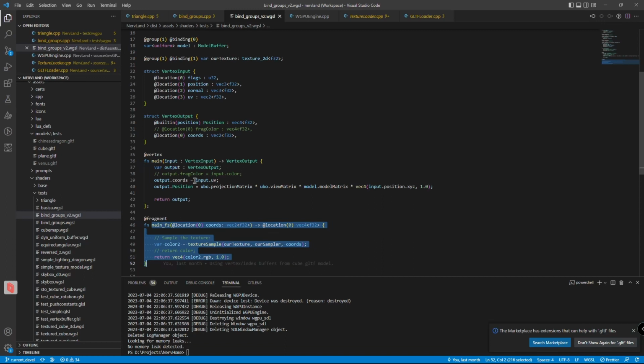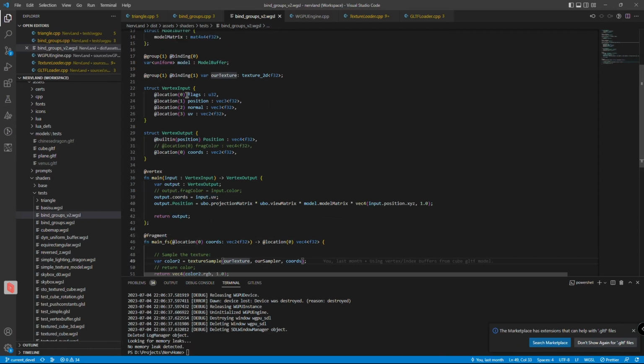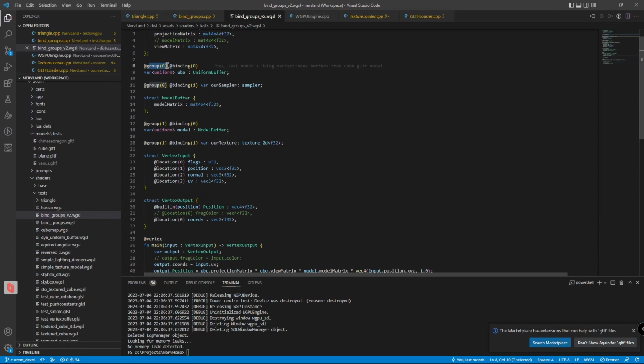Here it's business as usual. Basically, we use the projection, view matrix, and model matrix to transform the input position, and we are forwarding the texture coordinates here as coords into the fragment shader. Then we use those coords here to sample the texture that we have provided. And so this is defined at the beginning. Group 0 is for the camera data, and then still in group 0 we also have the sampler, but on binding 1. Then we have the group 1 where we provide first the model matrix,